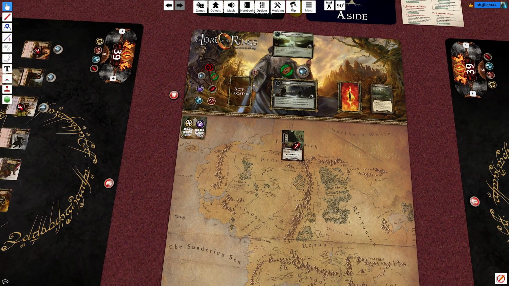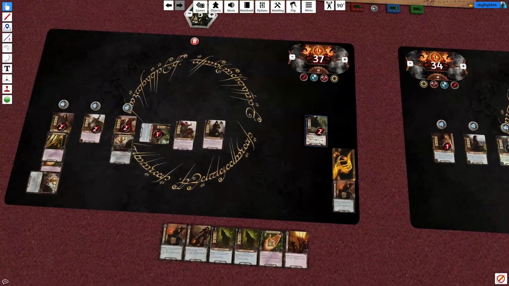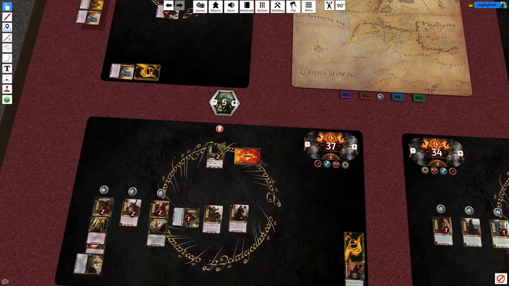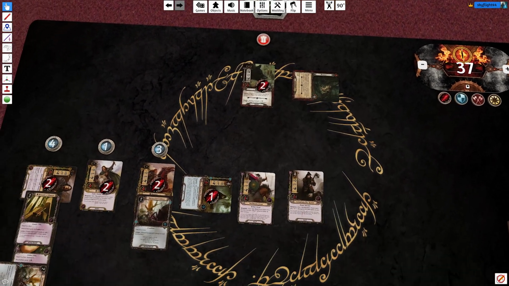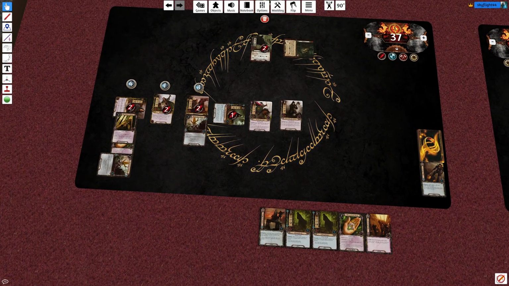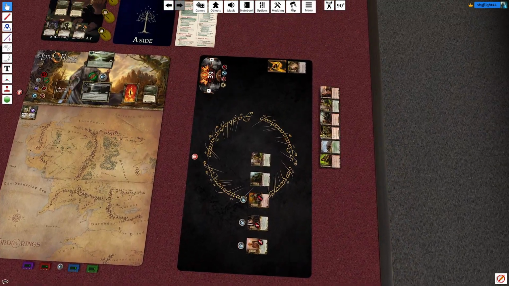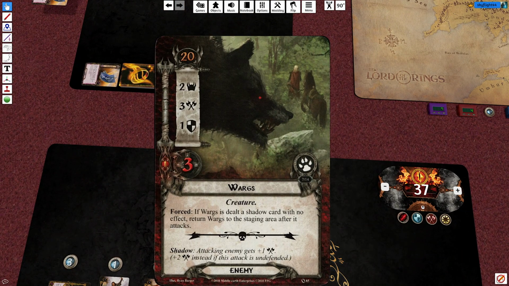Now, let's see. We go to the encounter phase. Let's just take you down here yet again. We will defend with Aragorn. Okay. Yeah, that's really bad. Defending character does not count its defense. Here's the thing. We have a Hasty Stroke. So I wasn't truly screwed on that. The other thing that we could do is if we had a Lord of Imladris, just heal up Aragorn. The thing is,